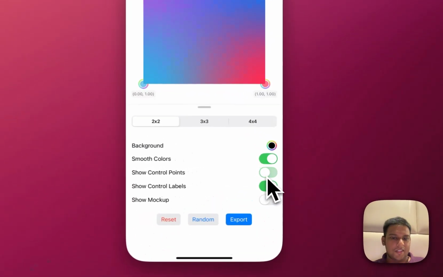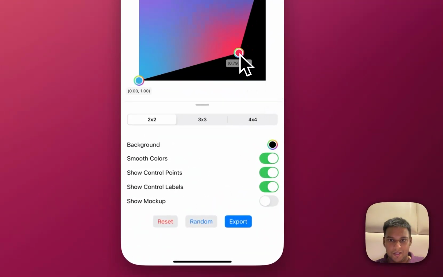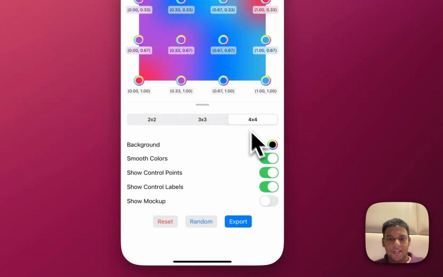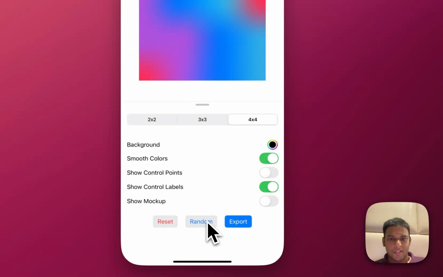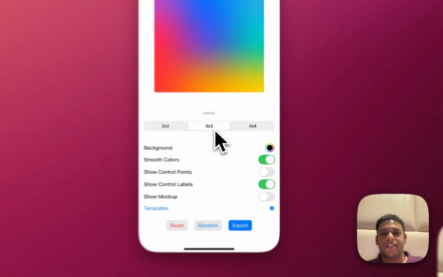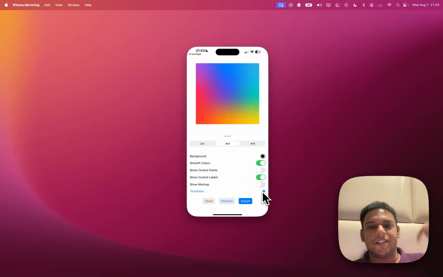So when I play around with it, I change the 3x grid, and then I can directly see the changes using the control panel. I can click random and get a randomized version, or reset to the default one. But there's one thing that I realized after writing an article about it, which I will link in the